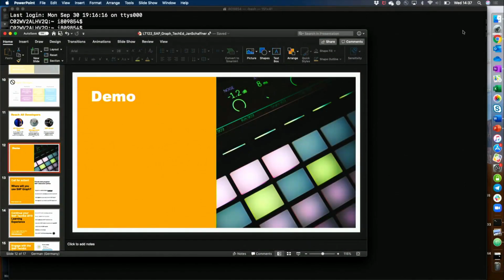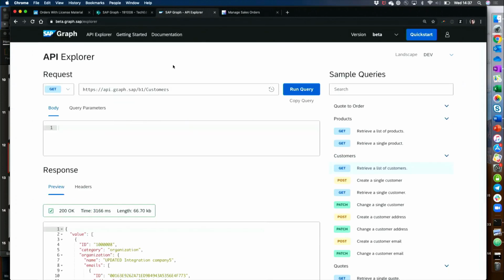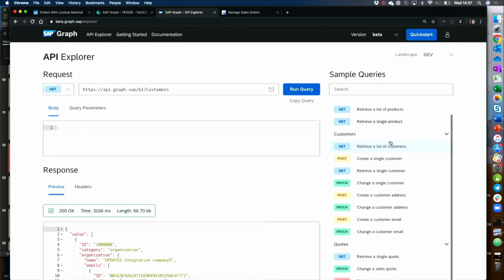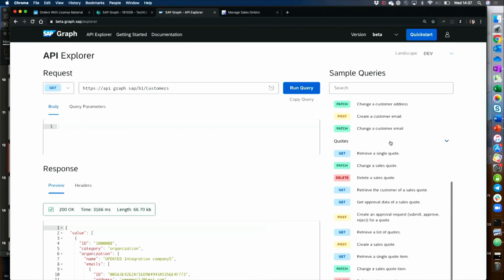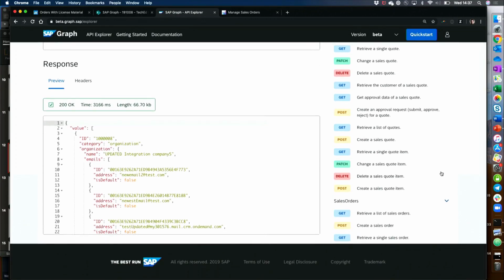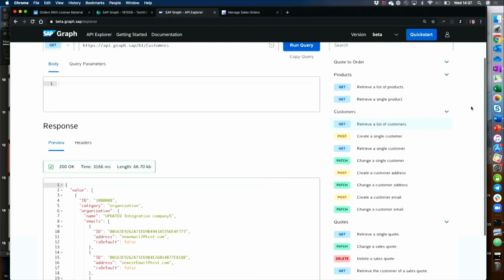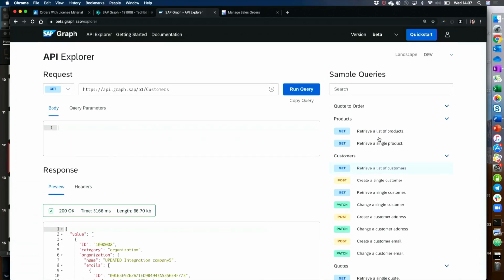Now I wanted to show you the graph in action so that we have a better feeling for the problem that we're solving. So what I'm doing now is I'm going to the Graph API Explorer, which shows here on the right-hand side the objects that Graph currently supports, which at this point are only 4 objects: sales order, quotes, customers, and products, which is of course